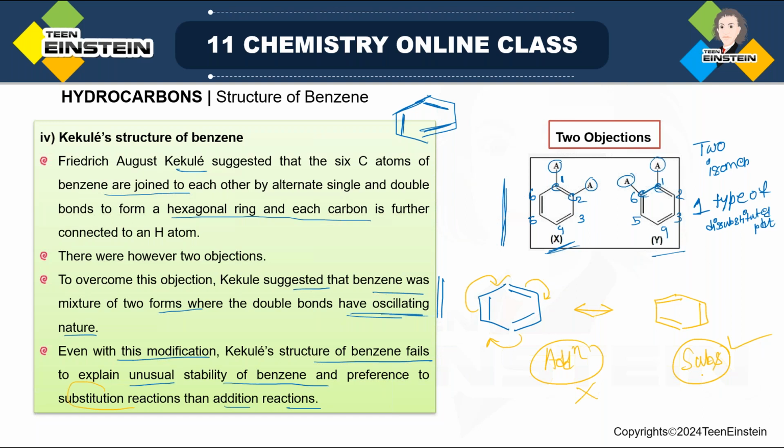That means these C=C double bonds have some kind of nature because of which the cleavage of these C=C double bonds is very, very difficult, and that is why you are not getting addition reaction. You are getting preferentially substitution reaction. So still some explanation is required, so that we can say why we are getting this type of unusual stability and why there is so much preference for substitution, why addition reaction is not happening even if the double bonds are shifting. Okay,